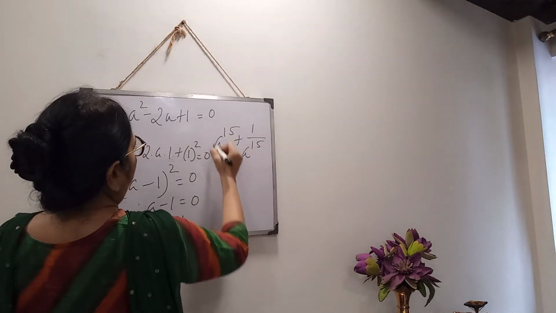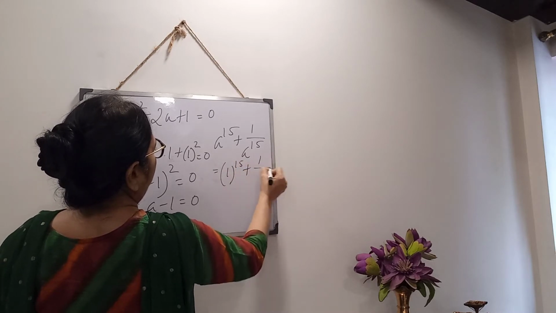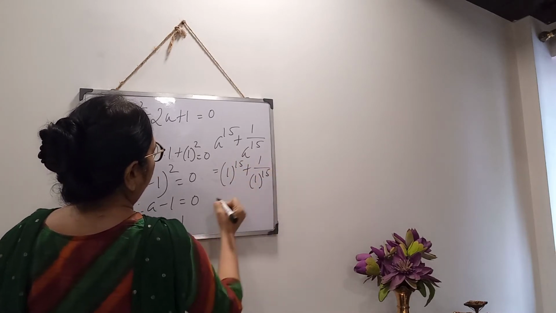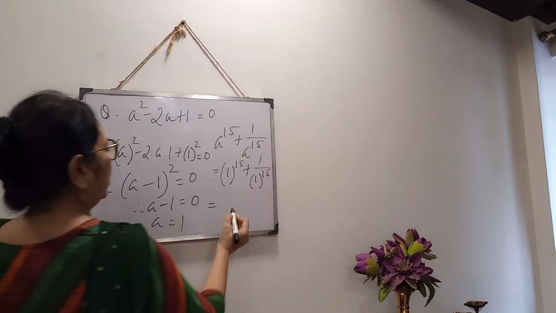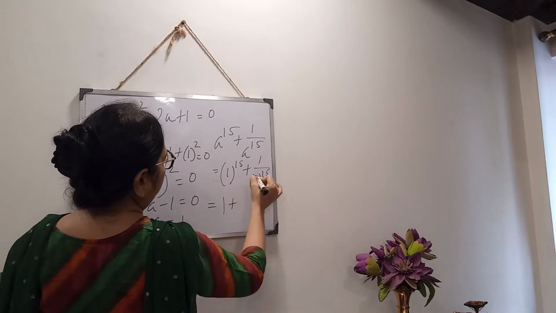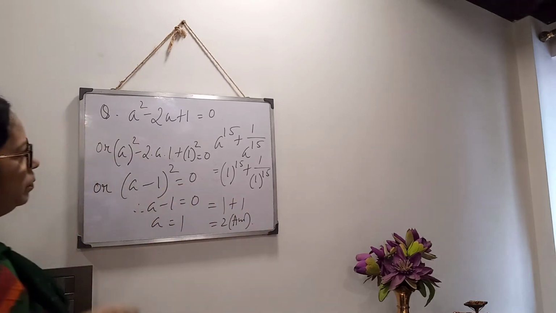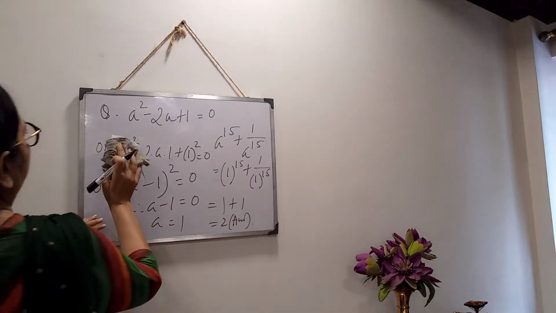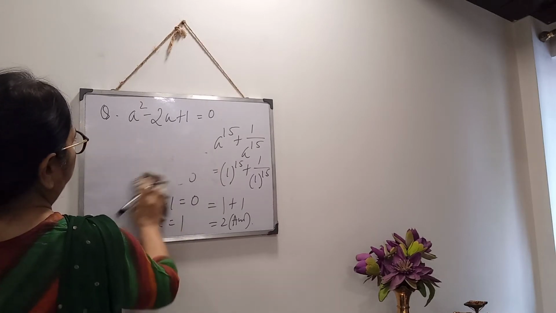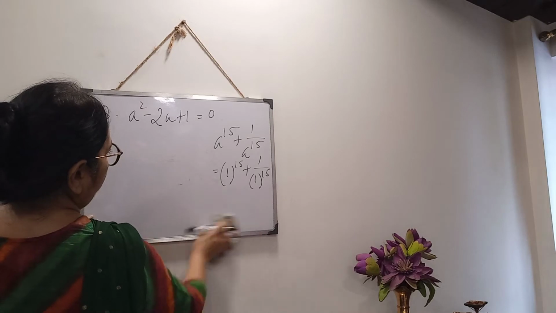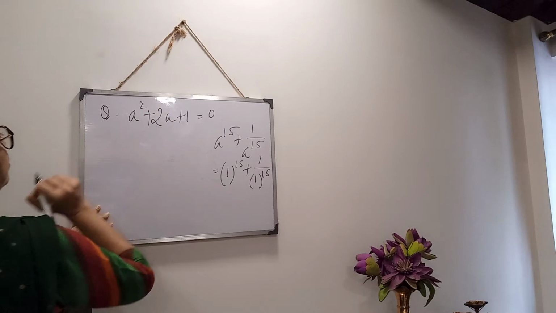Now here you have to find out the value of this. So in place of a, put 1. So 1 to the power 15. If you multiply 1 15 times, 1000 times, 100 times, it will become 1 only. And here also 1. So 1 plus 1, 2. Clear? But I am telling here, if the question is in this form, there is plus, clear?